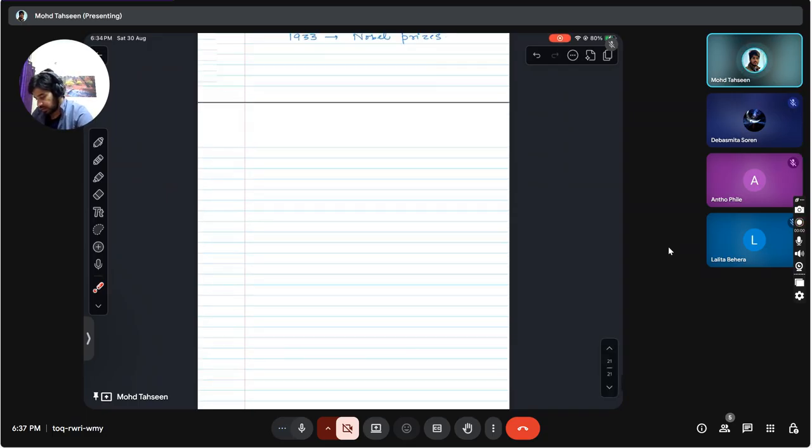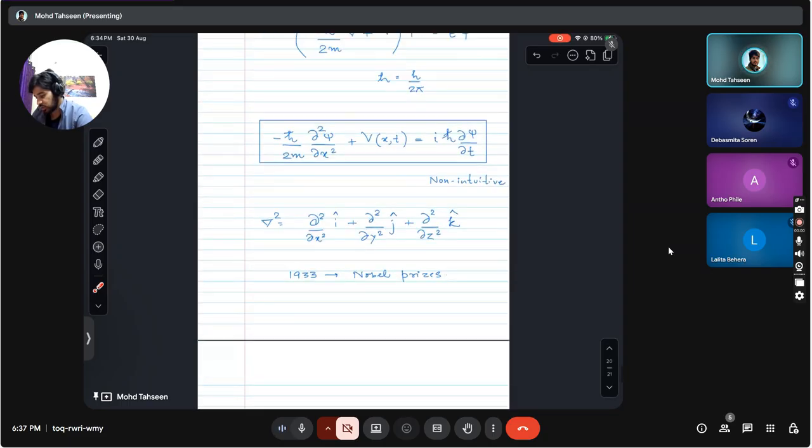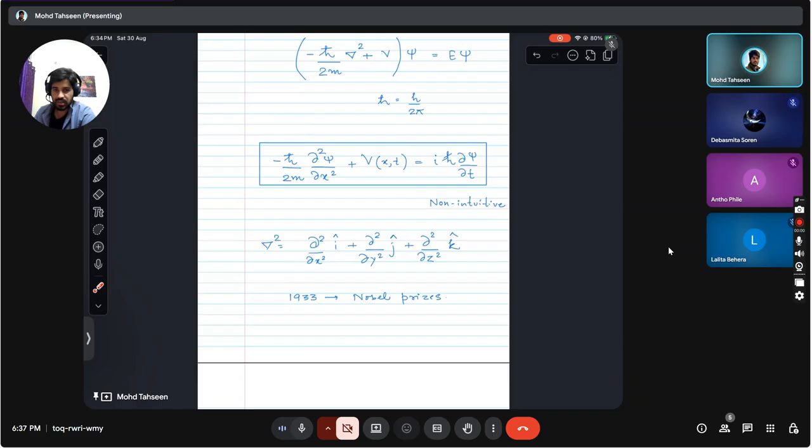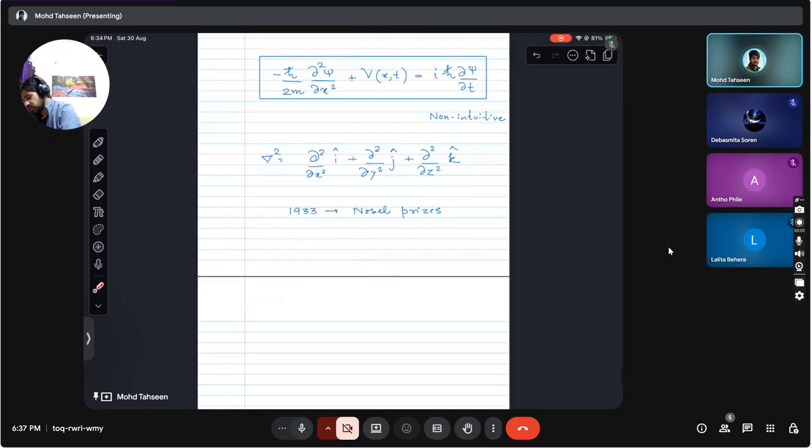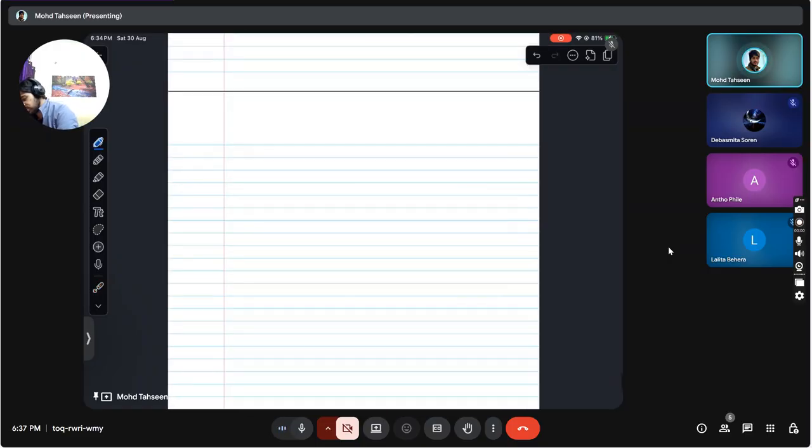And then it was asked, what does the psi represent physically? And so there's something called Born's interpretation of psi, right? And what he said was, if we take the modulus of the psi function, because it's a complex function, right? Psi will have a real part and an imaginary part.